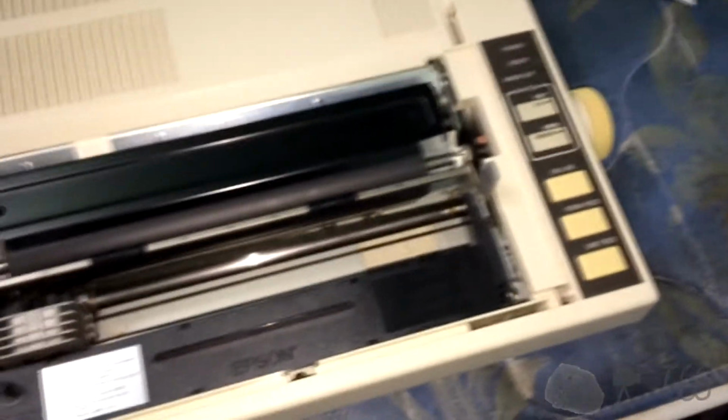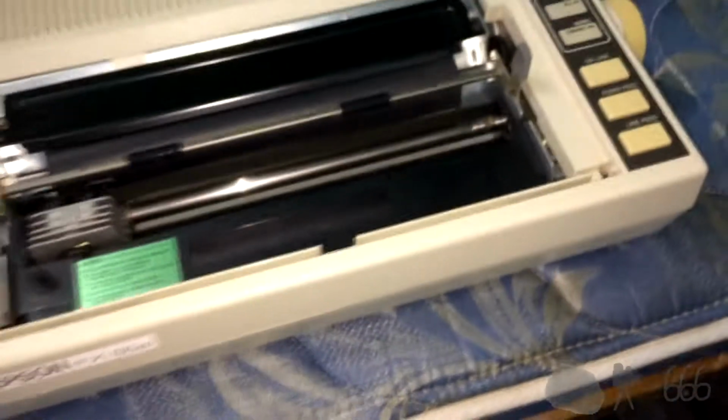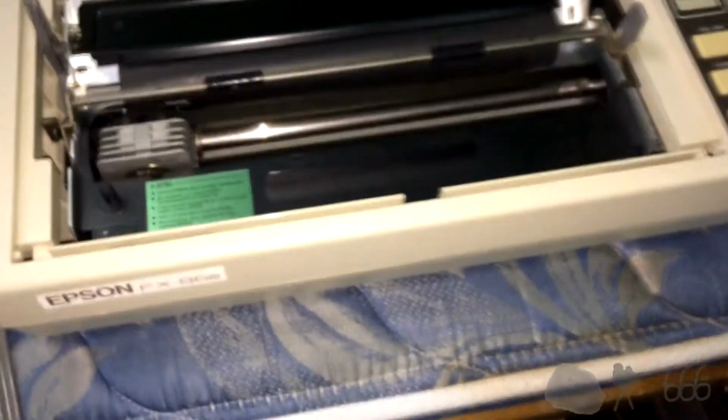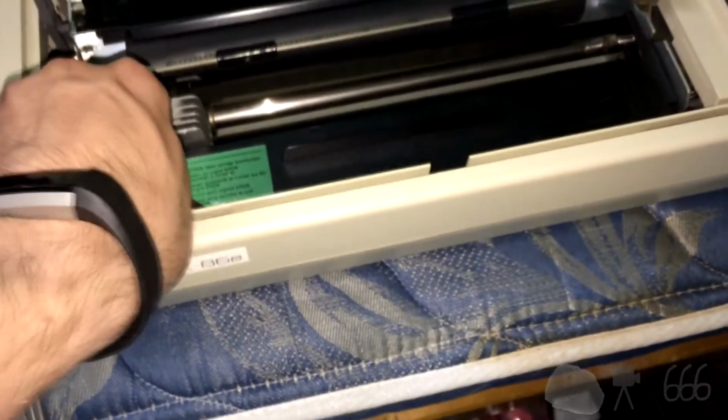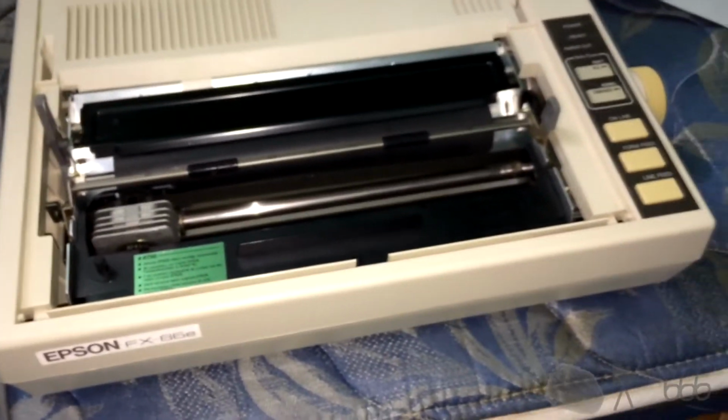So see, there's a lot of scratches, probably because things have been thrown on top of this. I'll really be surprised if it works. The ribbon is very likely dry. I've advanced it, so it's possible that it is actually okay. But if that doesn't work,